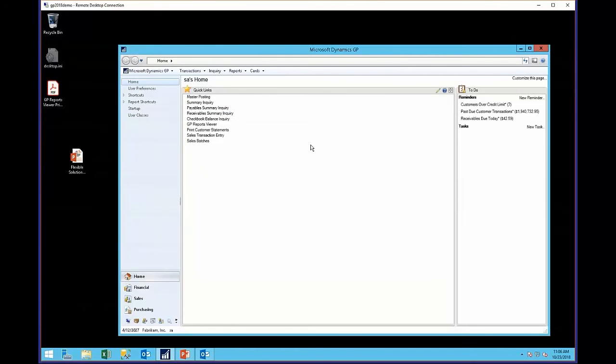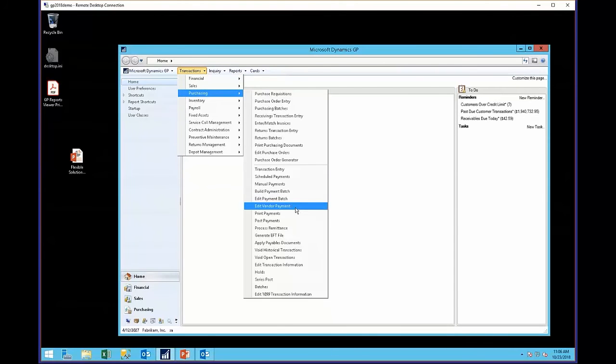Another great example of that is that we often hear that when someone is preparing a check run, which is usually at least once a week, sometimes a couple of times a week, they have to give a list to maybe their boss to approve. So here's the check run that I've prepared. Please approve this before I actually cut the checks, or maybe nowadays it's EFT payments. Instead of getting the really ugly report that comes out of GP, what you can do is something